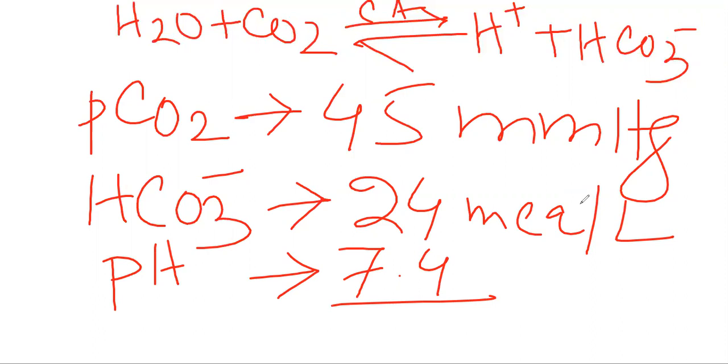It is not 7 that you were taught at the plus 2 level. The neutral pH is 7, but for our body function, from the physiological point of view, the neutral pH will be 7.4. So these are the few magic figures that you need to remember always to understand acid-base disorder or acid-base imbalance equations. So first you will write down the pH.